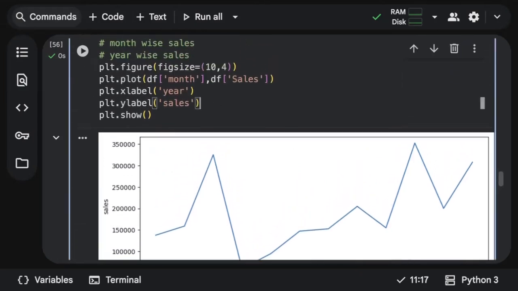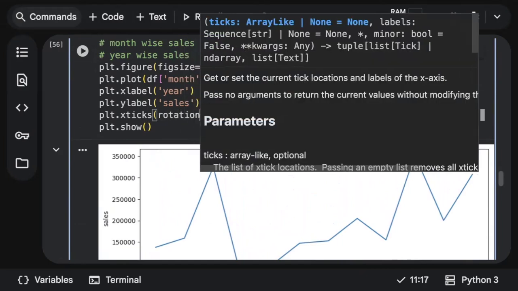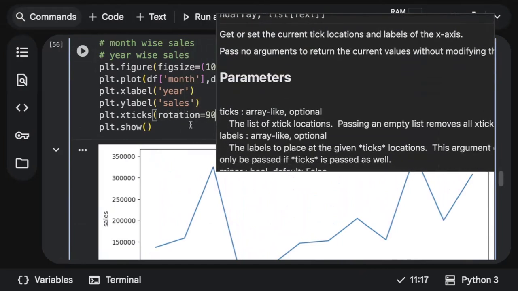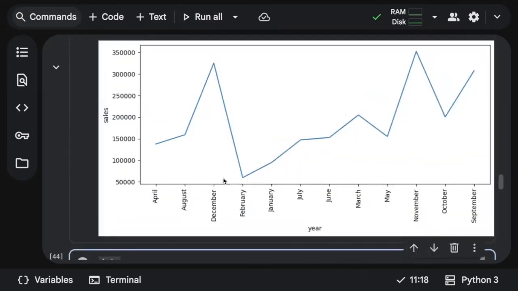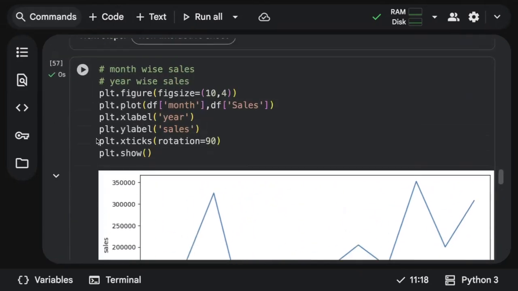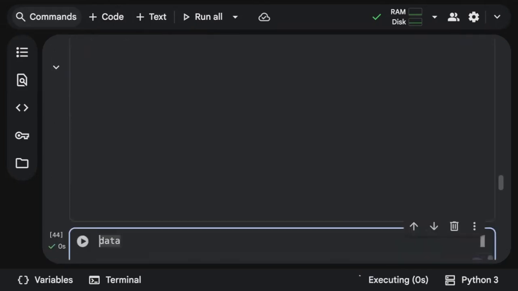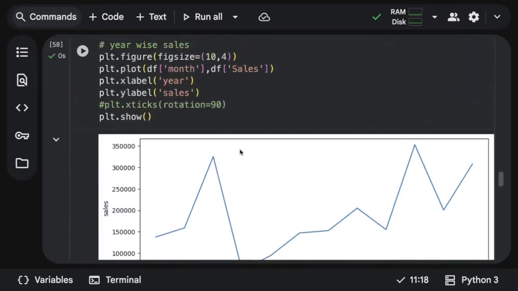Hope it's clear. And one more thing, I'll show you plt.xticks, and then I'll use rotation equal to 90 degrees. Just see what changes you would see upon writing this particular code. Can you see? Previously the x-axis values were overlapping. Imagine without this plt.xticks, all the month names were overlapping, one above the other.